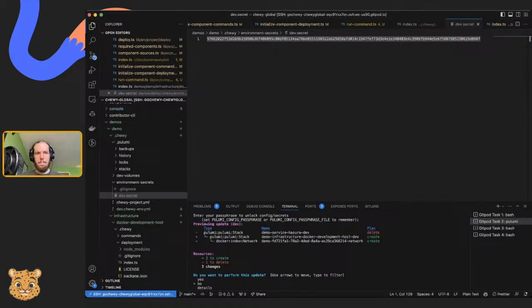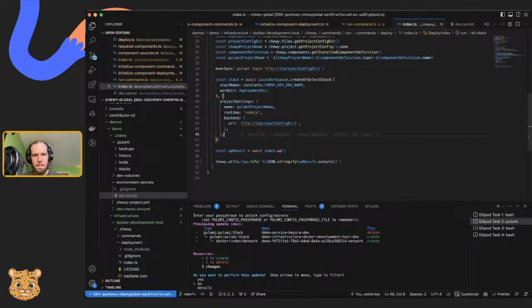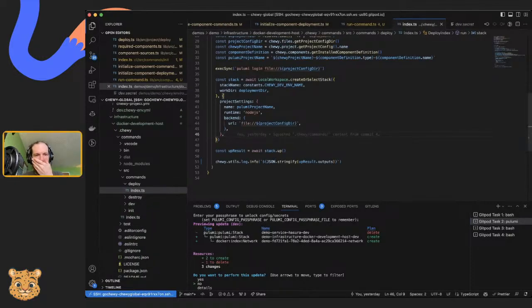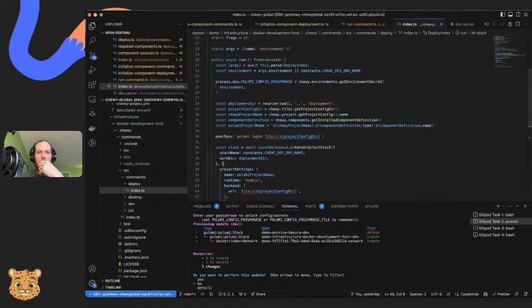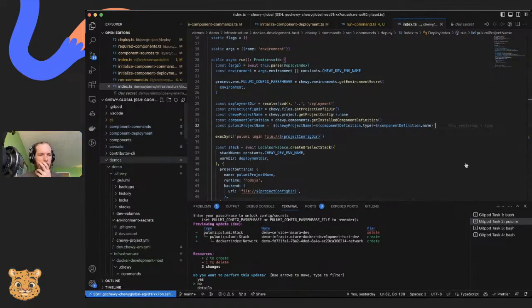Okay. Well then, I guess that just means the backend should be this, but the stack name should be, I should build a function called like get stack name component, get stack name that takes an environment. Okay. So we'll do,